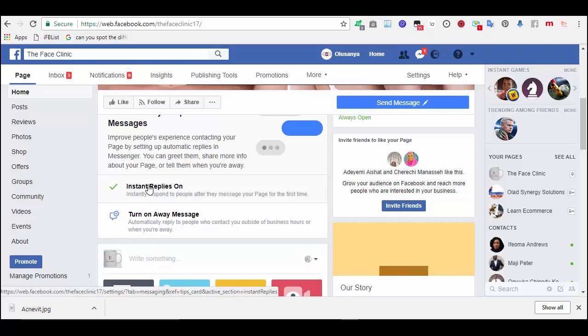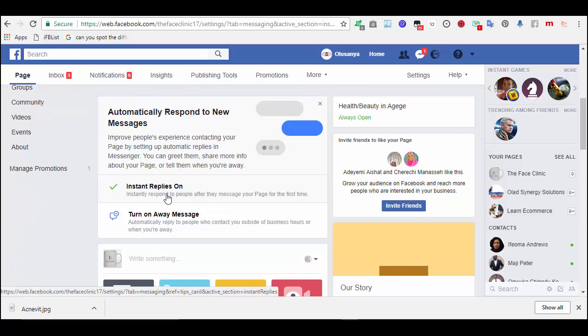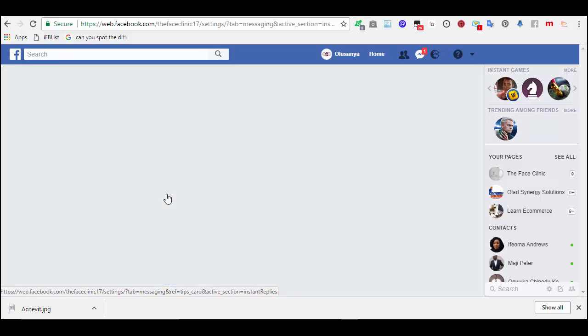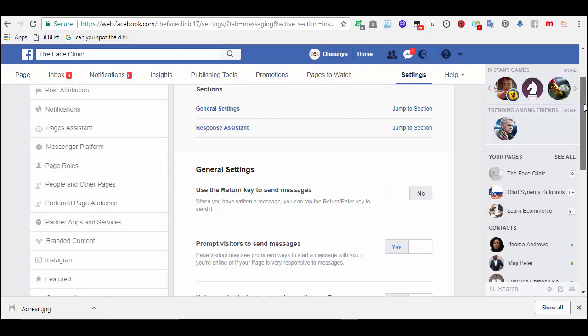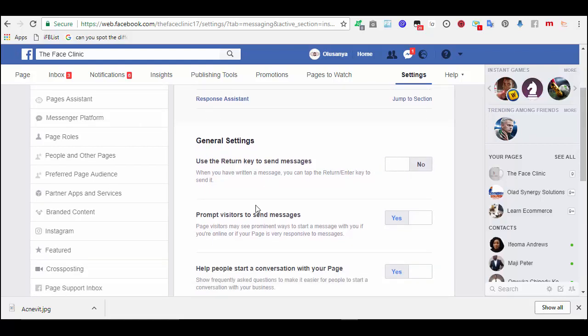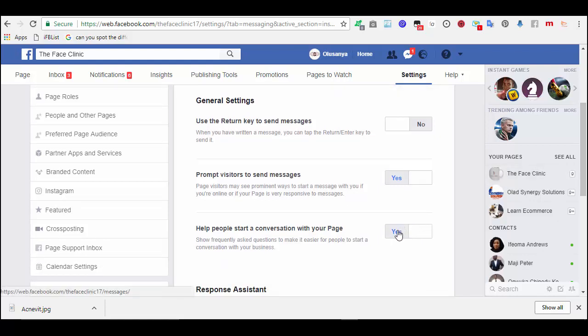Let me show you how to set this. Instant replies. Whenever people visit your page for the first time, what do you want people to get automatically? So it's left to you. Now, prompt visitors to send messages. Page visitors may see prominently to start a message. Hello people. Okay, you want to start a conversation with people. Once they message you, yes.